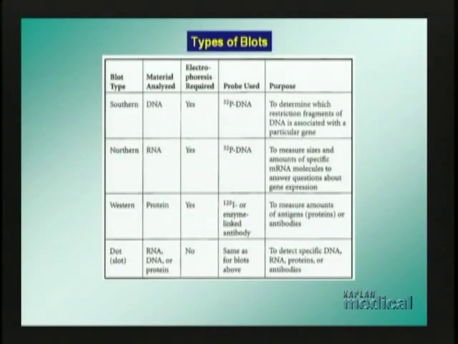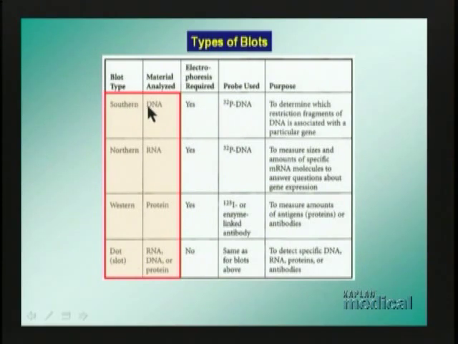In this next figure here are the types of blots that are used for detecting DNA, RNA, or proteins. And the names shown here on the left of this table are very important. You need to know the difference between a Southern blot, Northern blot, Western blot, and what a dot blot is. And so on the USMLE, if you see the words Southern blot, what that's telling you is